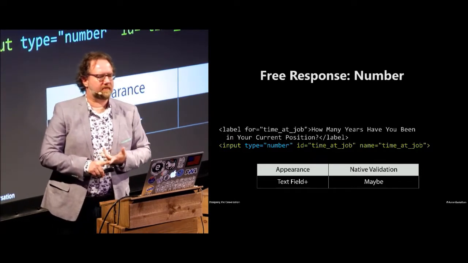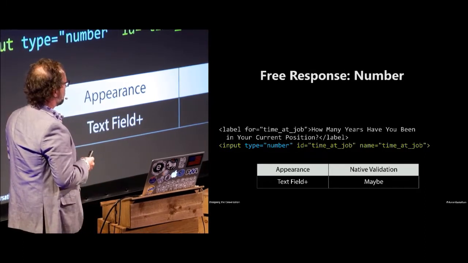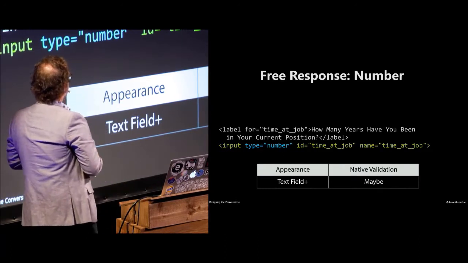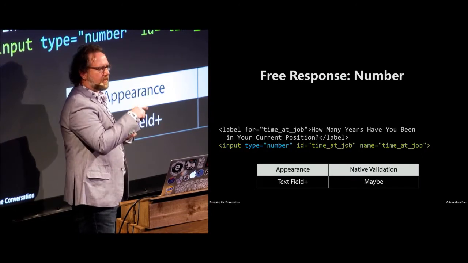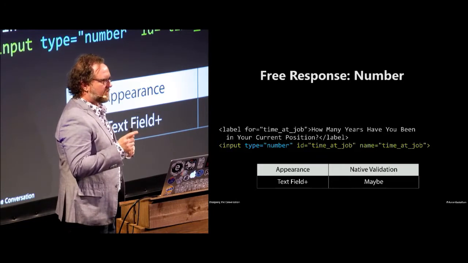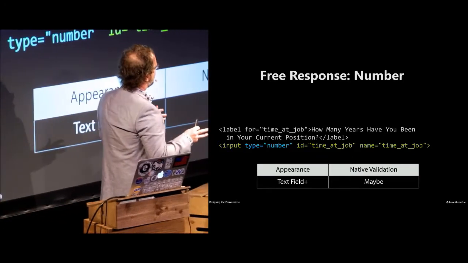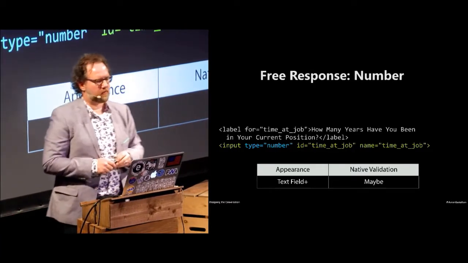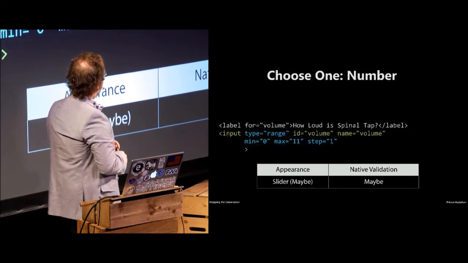HTML5 gave us a dedicated number field. Most modern browsers will validate these fields. Some provide virtual keyboards that are specific to entering numbers as well for quick number entry. You also, in some instances, will get kind of an up and down arrow to the right of the field to allow you to increment and decrement the field. You can even indicate start and end sizes of numbers that are valid within the context of that input, and how much you want it to step each time using those up and down controls, which is pretty cool. All for free, just by using markup. So no extra JavaScript required.